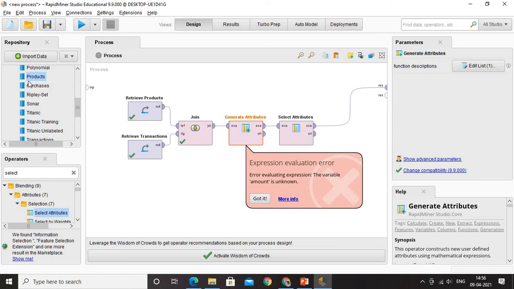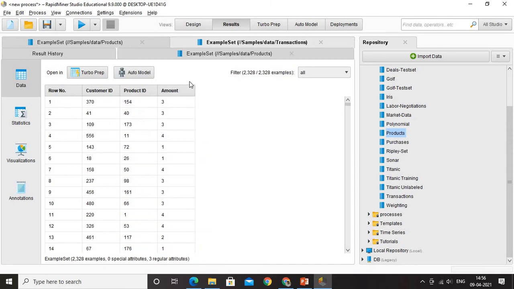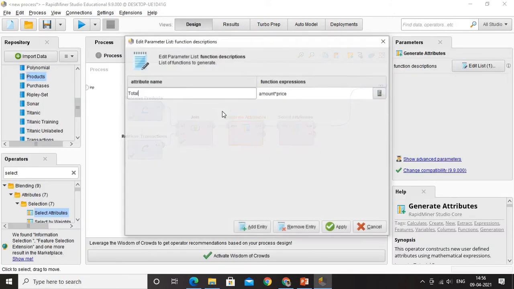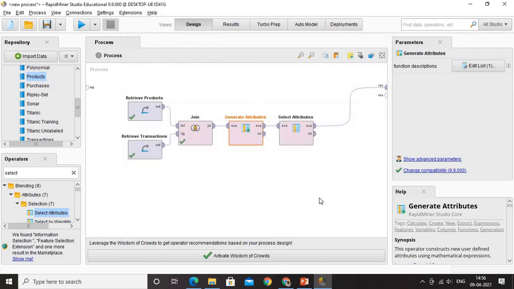Why? Very simple. Let's go back to products. You see that here price is in lowercase, with P in uppercase. Similarly, you go back to transactions, and amount has A in uppercase. But what did we do? We made a mistake. By clicking it here, you can understand that A is in lowercase, so I need to make it uppercase. Again, P is in lowercase, I need to make it uppercase. I apply it now, and that's all. It should work fine now. It's all case sensitive, believe that it's 100% case sensitive, and you will have to be careful when you are giving the names of the new attributes, or whenever you are filling content here.